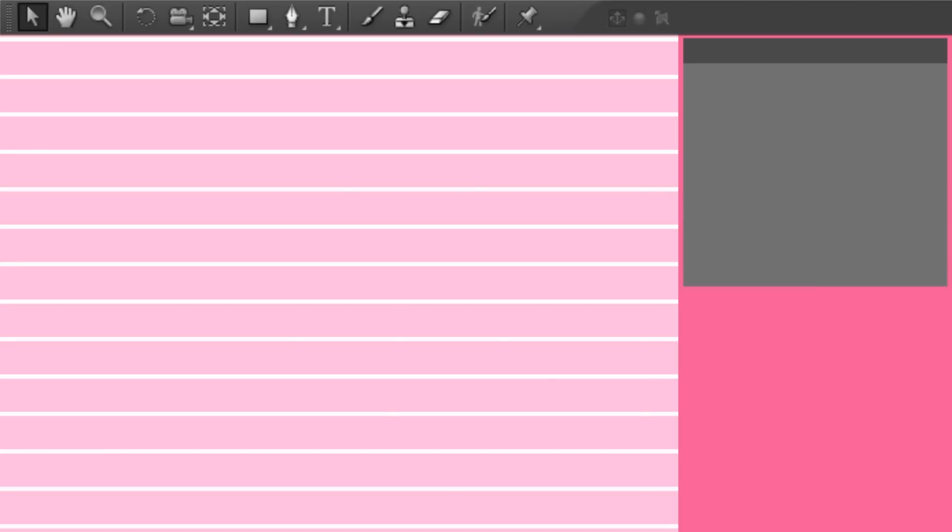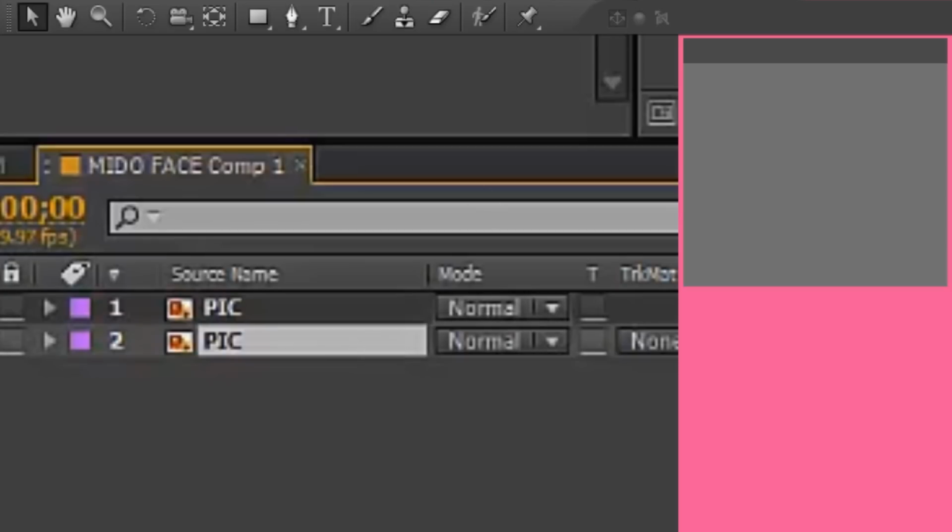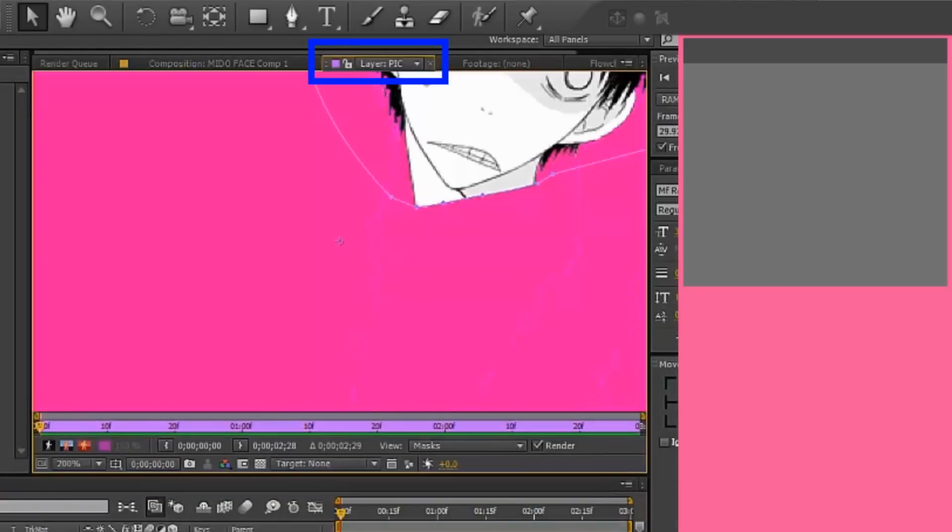The next one is the paint tools. I don't know if they're actually called that, but I just call them that. There is the brush tool, the clone stamp tool, and the eraser tool, and they're pretty much exactly what they sound like. Basically, to use all of them, you have to double click a layer and go into the layer tab.